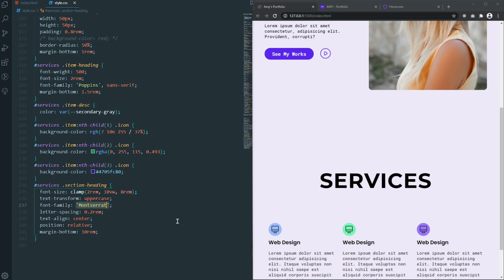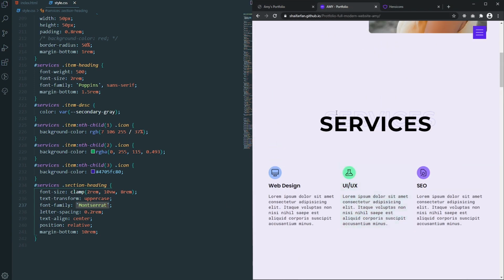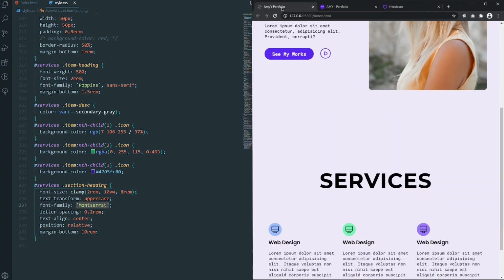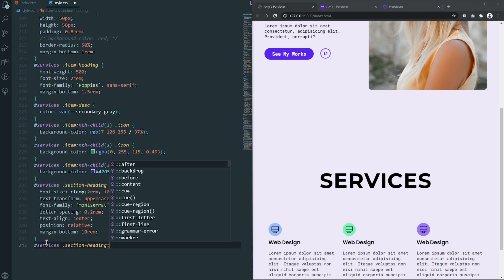Great. So after that, what I want actually, if I go to my end project, as you can see that we have an outline behind this services text. So let's get this outline. Actually we will do this outline with a CSS pseudo element. So let's create a pseudo element of this section heading. So copy the selector and paste it here and say that